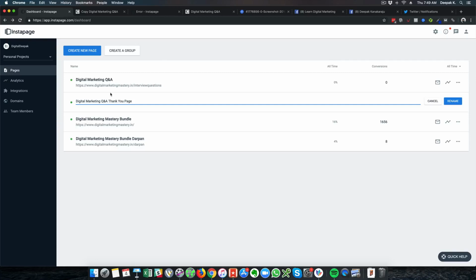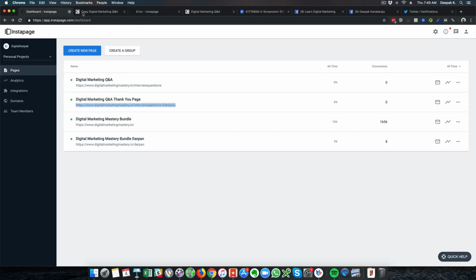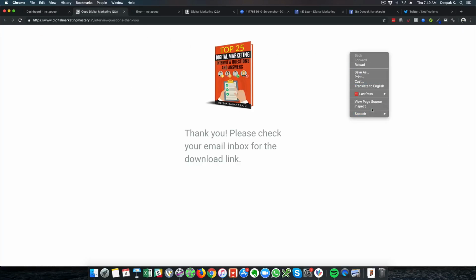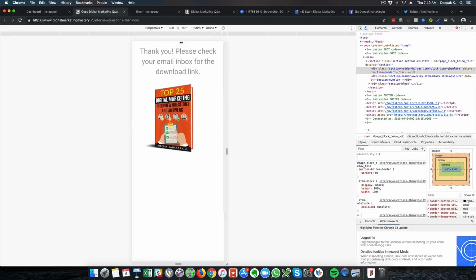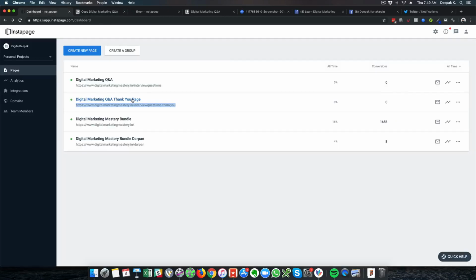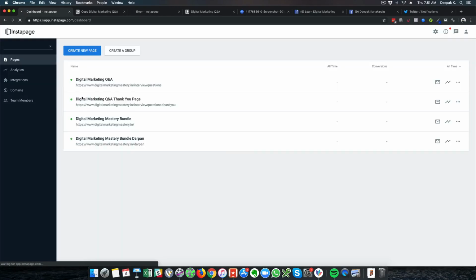So this is important because when we are running Google Ads campaigns, we have to put the conversion tracking code on the thank you page to make sure that it works properly. So here you can see the SEO is also a little bit off, and I also need to check if the mobile version is optimized. So we may need to do a little bit of edit here. So now whenever we drive traffic to this particular landing page, we will start generating the leads.